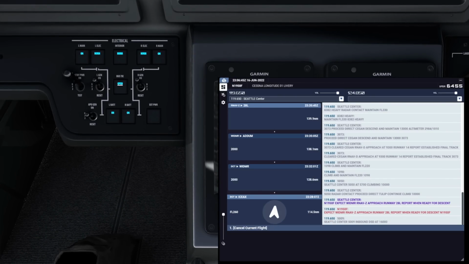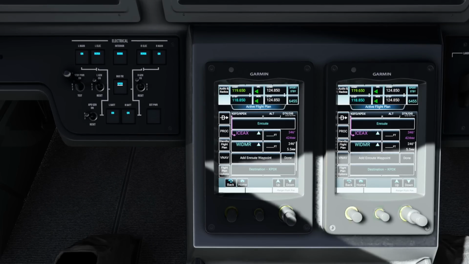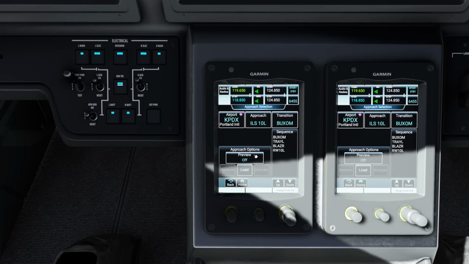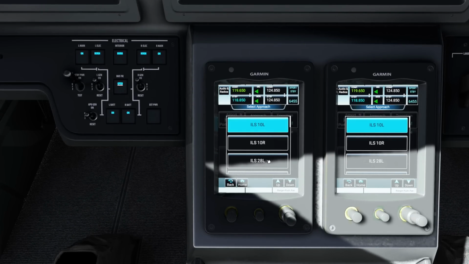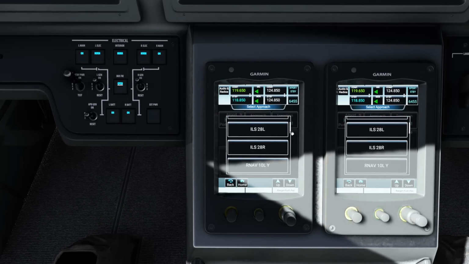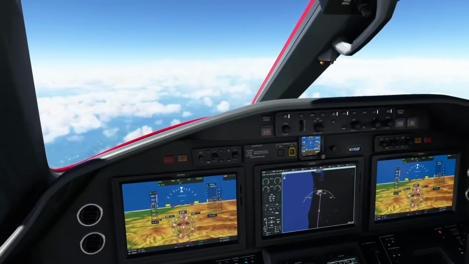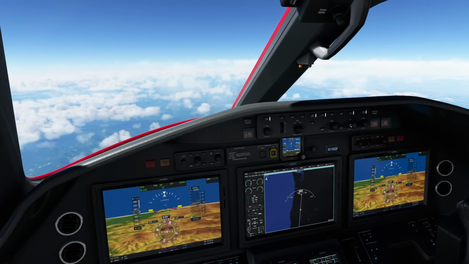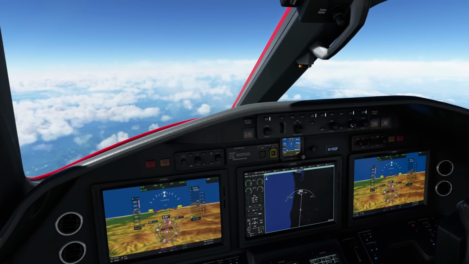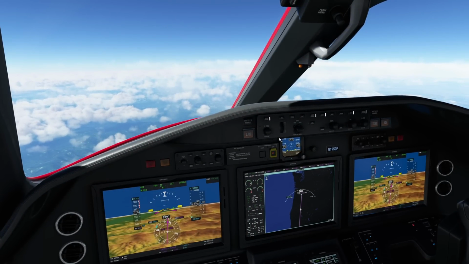Delta Sierra Delta at 16,000. November 1950 Foxtrot. Ready for descent. November 1950 Foxtrot. Descend and maintain flight level 260. Descend and maintain flight level 260. November 1950